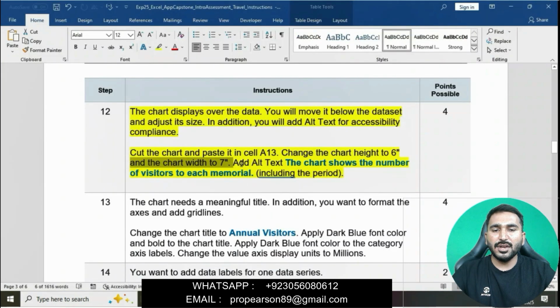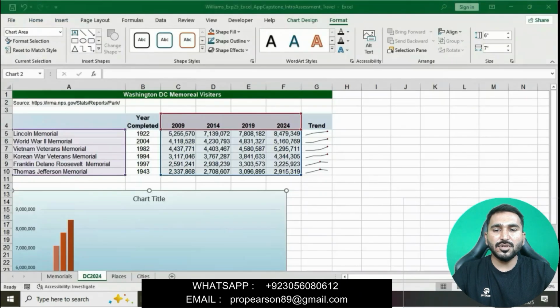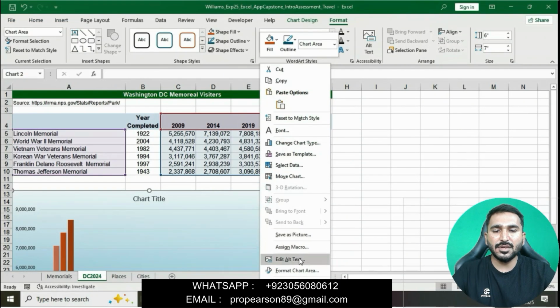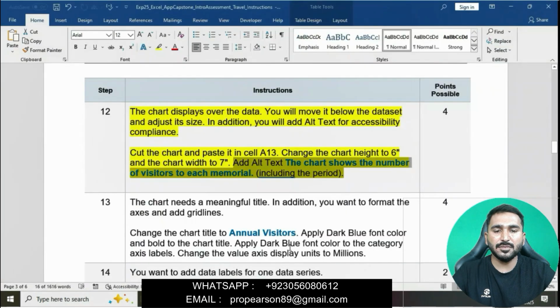Now moving on to the next point, add alt text. The chart shows the number of visitors. We right click on this, click on alt text, and we will copy and then paste it here, or we will type here.